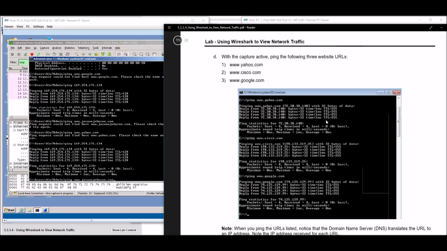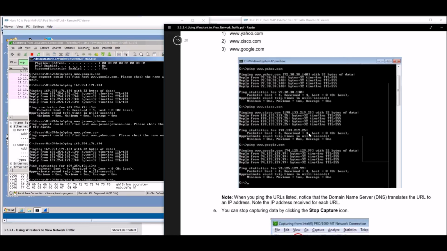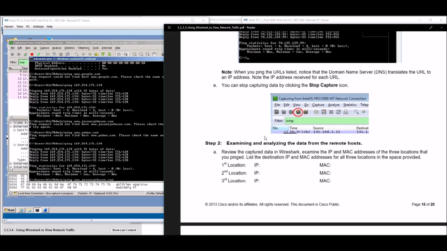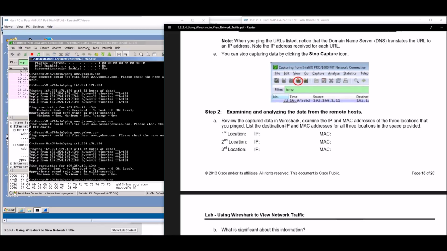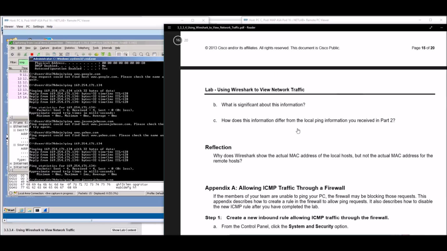And you can see here in the example on the PDF what it would look like if you were going to ping a particular web page, and you can capture that information. If you don't get that for your lab, then you can just ping in a regular window. You should be able to see MAC addresses on those if it shows you that. So you want to answer those questions there.